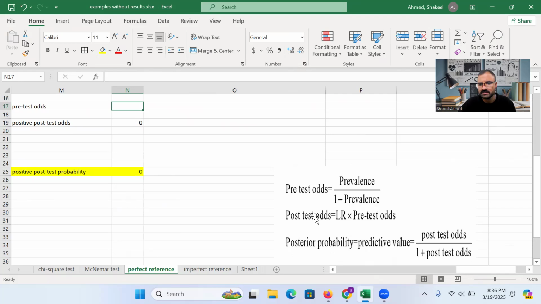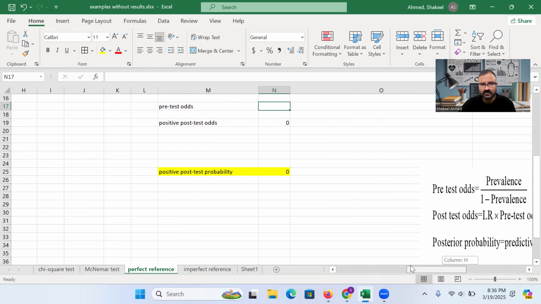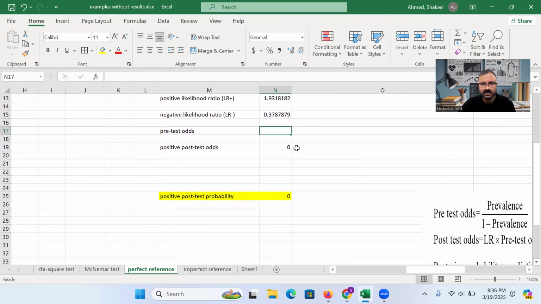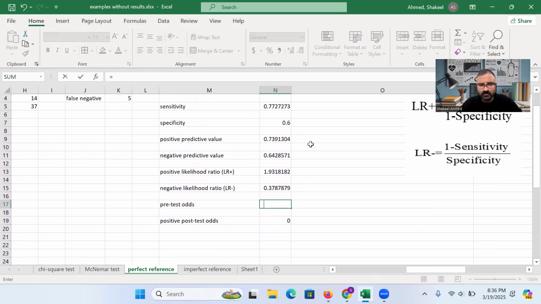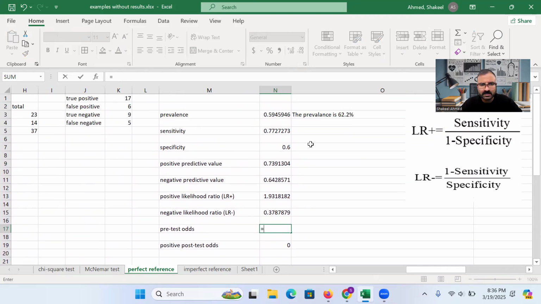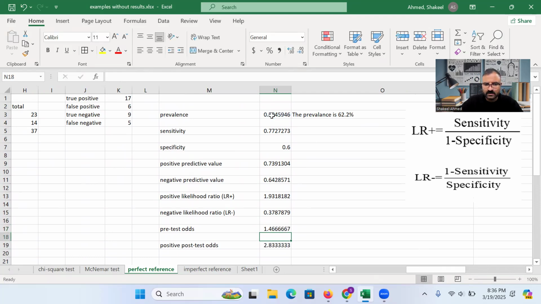And post-test odds is obtained just by multiplying the likelihood ratio by the pre-test odds. So first we need to find the pre-test odds, that is prevalence. What is the prevalence? This divided by 1 minus this. So this is the pre-test odds,